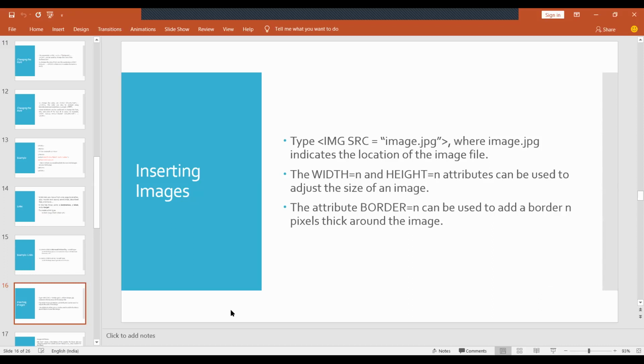So let's continue with the remaining tags. We again start with the image tag, where we learn different attributes.